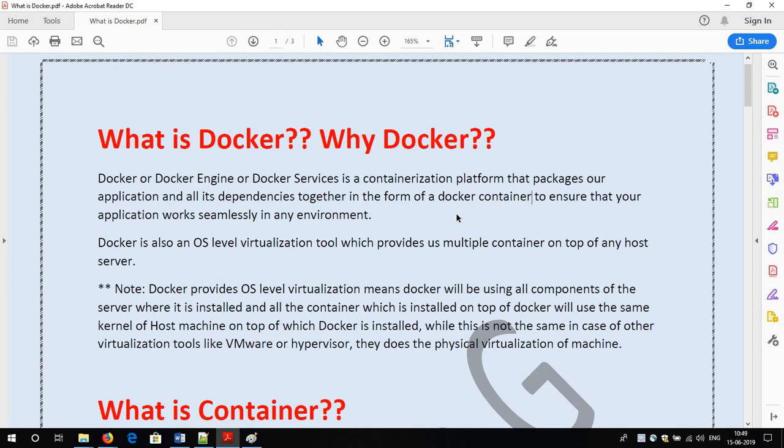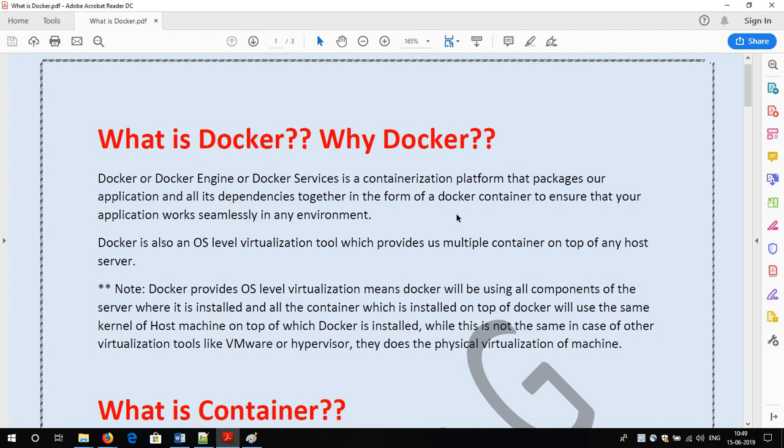Suppose the tester or operations team says that we are getting a bug, your code is not running fine in our system. In that scenario the developer's code is running on the developer's machine, but the same code is not running on the tester's machine. This means there is no bug in the code, but there is an environment dependency. The developer has tested all the code on their Windows machine, but as everyone knows, all the services and applications run on the Linux platform. So there might be a platform dependency which is causing the error or bug.